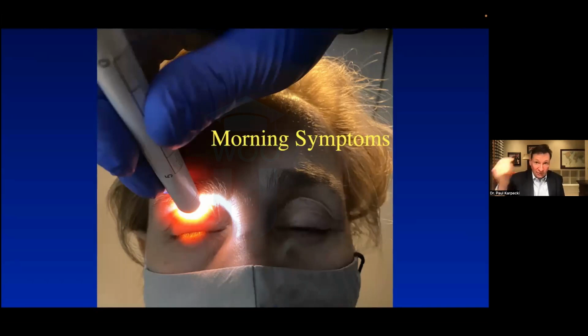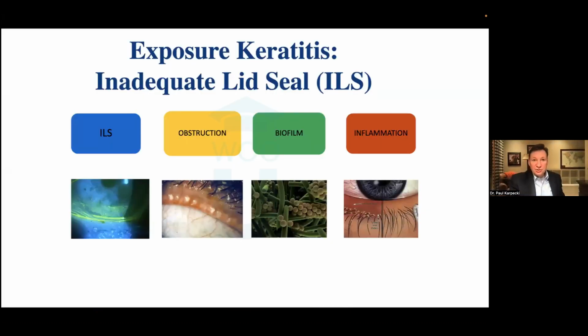Darken your lane, grab a pen light, look for light coming out. That should be sealed. And I tell patients, you don't have lagophthalmos. You don't have an eyelid up here and down here. You have this kind of opening. But whether your eyelids are open this way or this way, you still dry out. And we need to solve that problem.